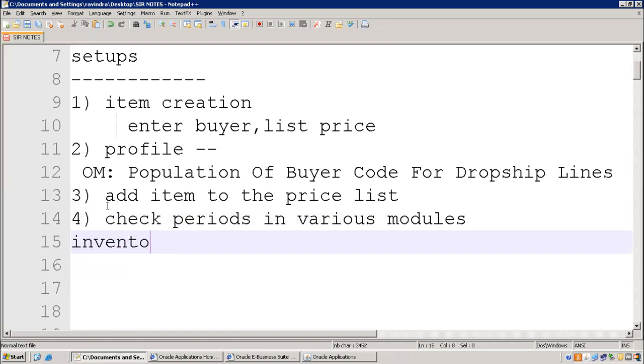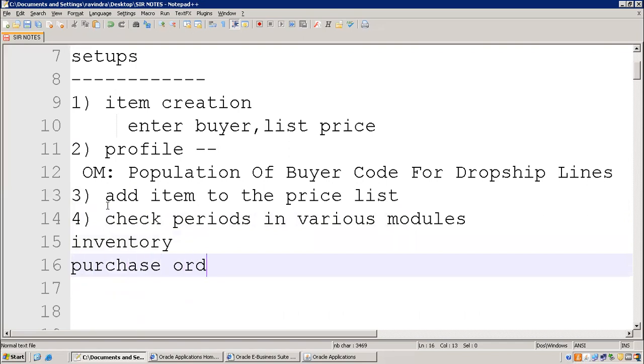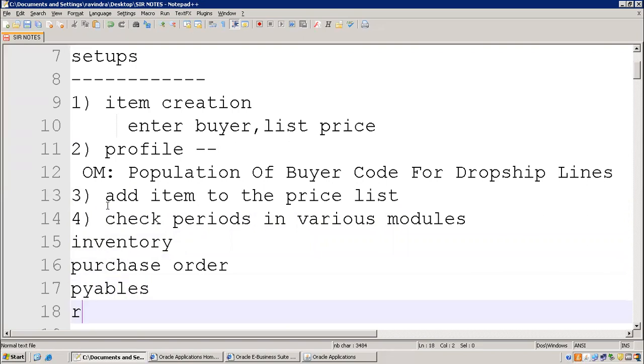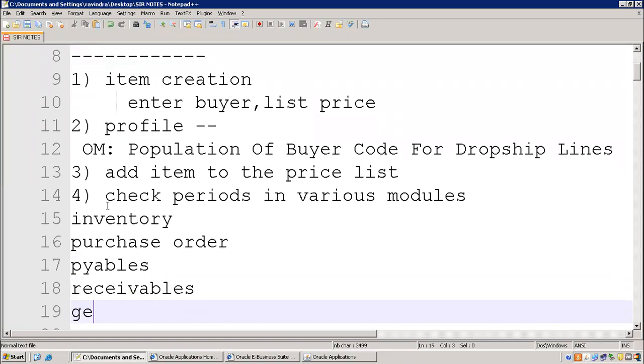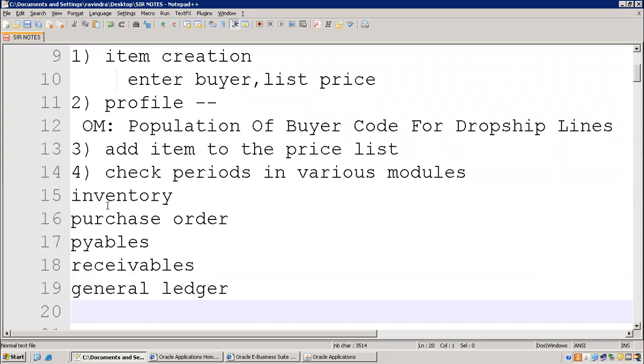One is inventory, then purchase order, then order management periods, payables, receivables. One more you are missing, that is General Ledger. Any other thing missed?